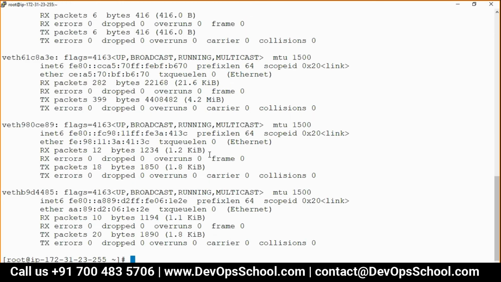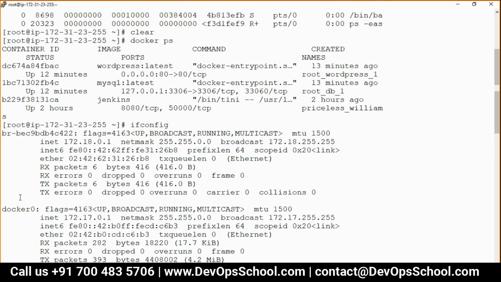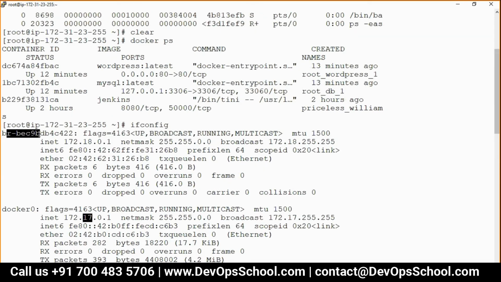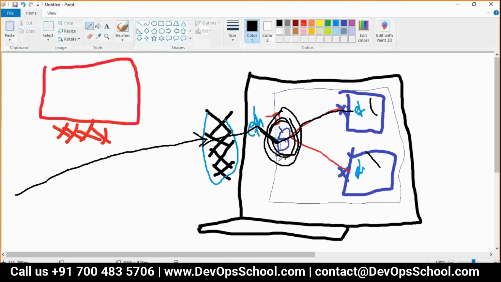See guys, look at this table very well. This is your docker0. It's a bridge, but it's the default bridge. Look at the range, 17. I will ask you to read only this one, the subnet range, CIDR range, 17. Now there is one more bridge that got created, this one. This is 18. Now you must be wondering, so here you got one more bridge for the other containers.